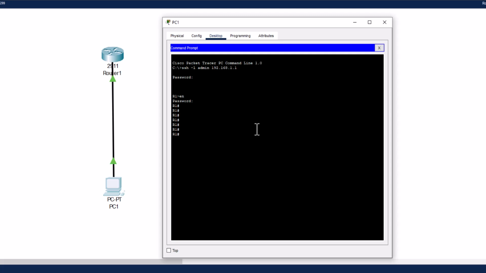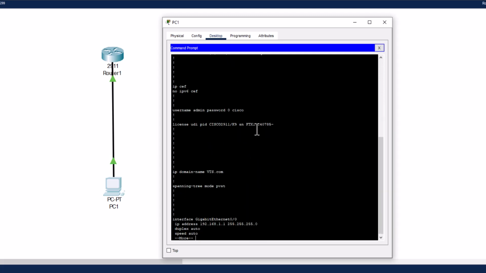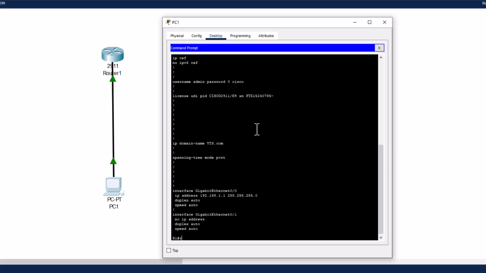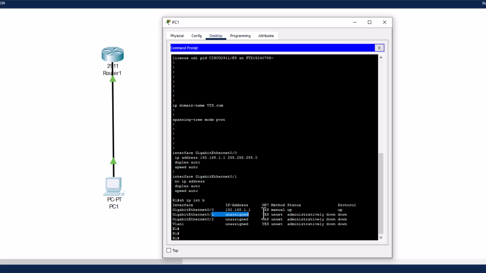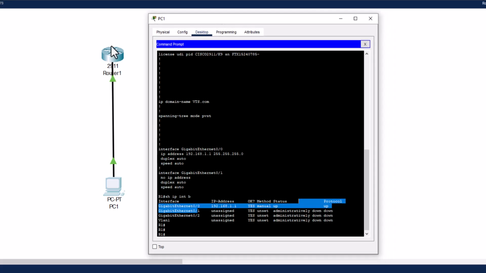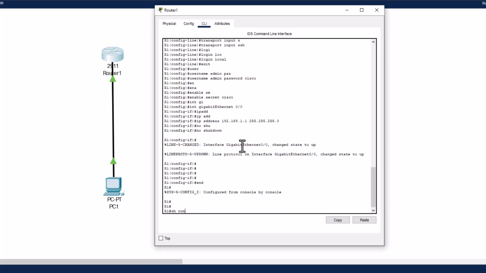And now I have access to the router, and I can see the configuration, or I can do the configuration. show ip interface brief. As you can see, I can see the interfaces. I can issue the commands, and so I connected to the router using SSH. So to wrap up, if I go show run,